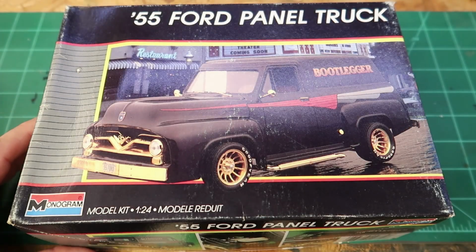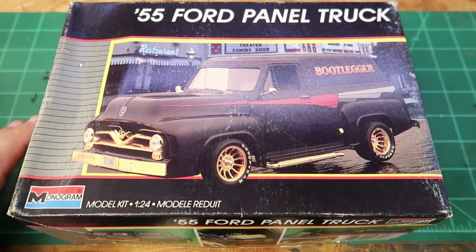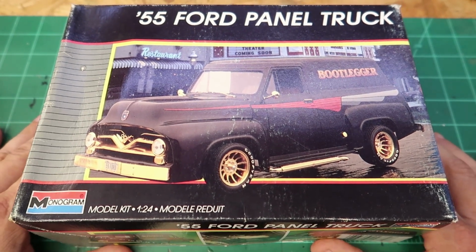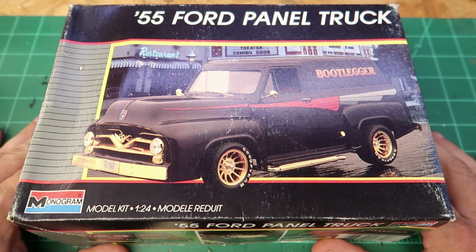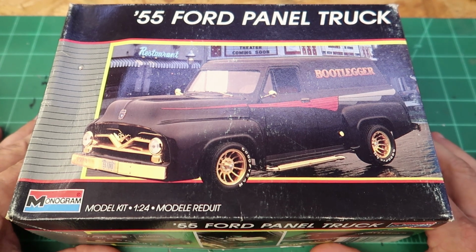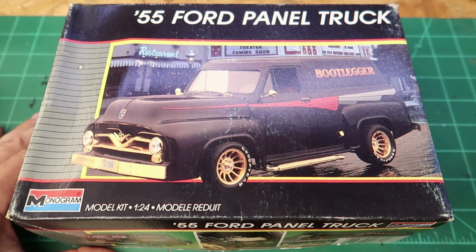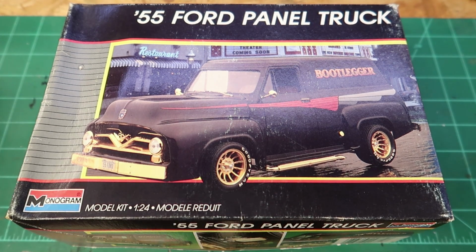Hey guys, it is time for the start of the USACC 2023 group build that actually ends in 2024, but anyway, I'd say this is the 2023 USACC group build. And I was privileged to get to pick which kit we would build this year, and I decided to pick the